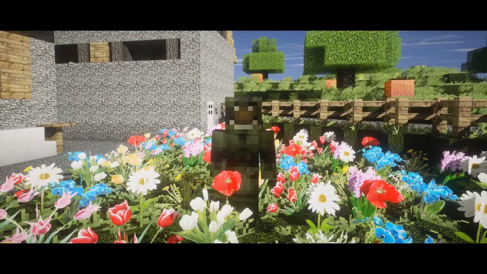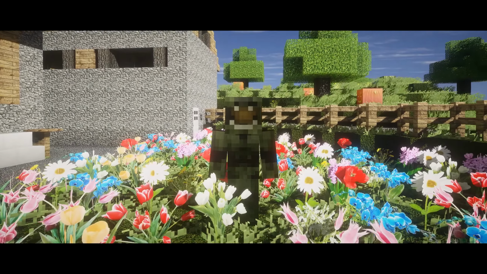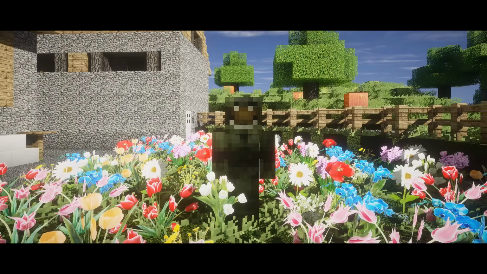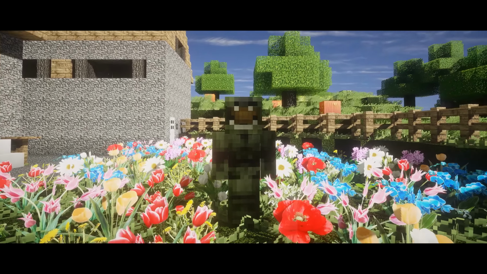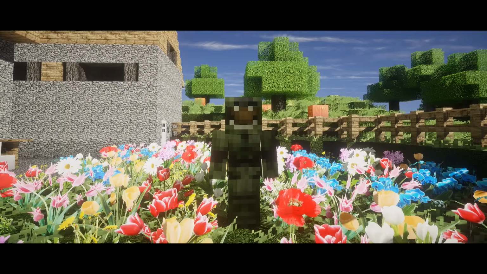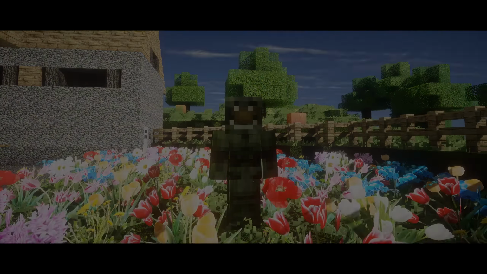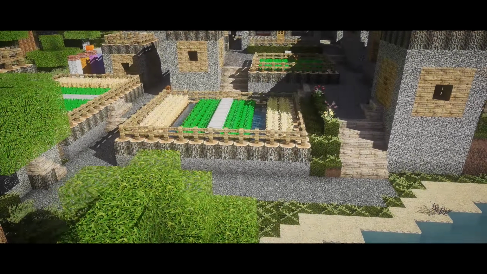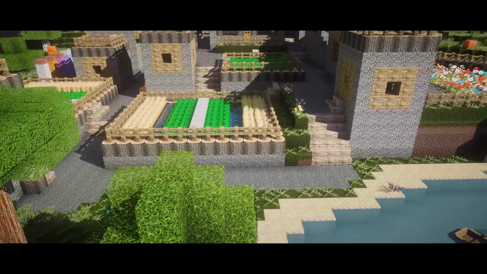Hey guys, I'm Cody, the editor behind Past Life Pro, and today, let me just say, it has been a long time coming for a tutorial like this. About a year and a half in fact, since I first began this shader tutorial series. With the SEUS V11 just on the horizon, I knew it was as good a time as it can possibly be for me to finally show you how to get the SEUS V10.2 Preview 1 Ultra Modified up and running